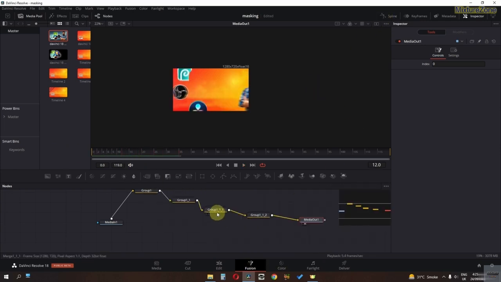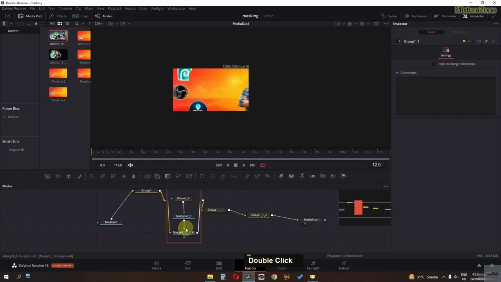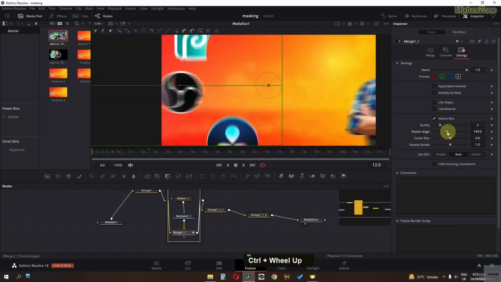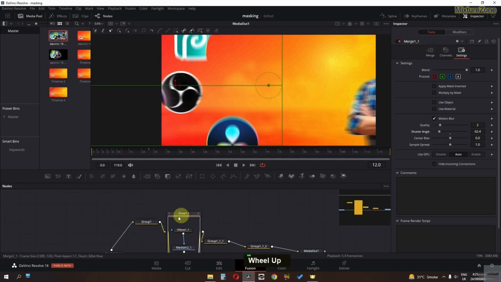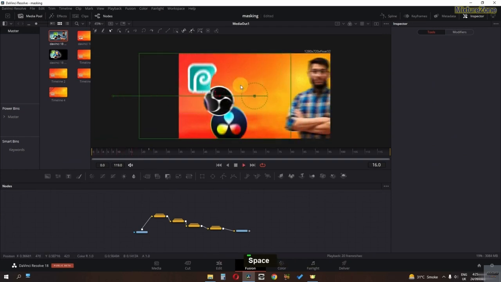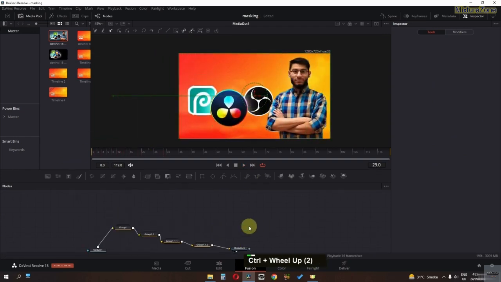Now let's hide this. Now I'm going to open group number 2, go to the merge node, and I'm going to decrease the shutter angle of this OBS logo. Now we have this animation. Now the final step is to